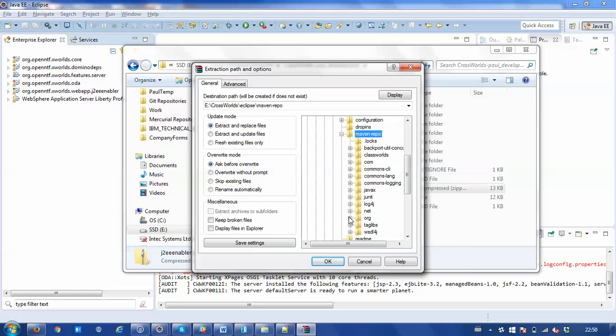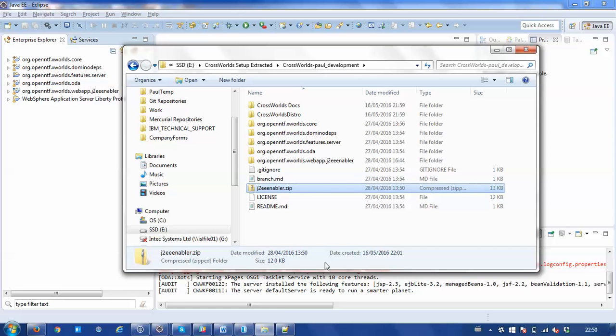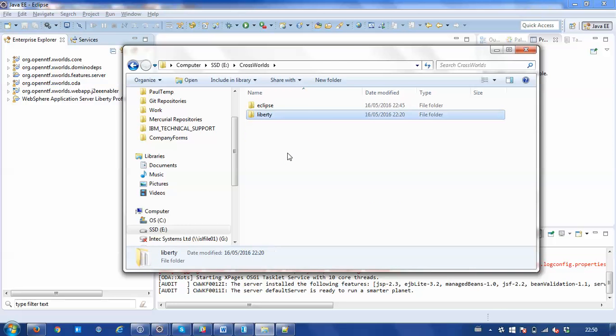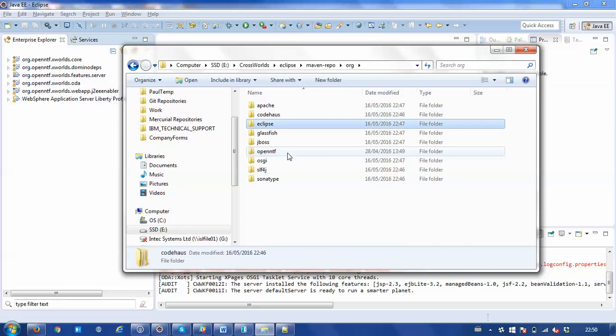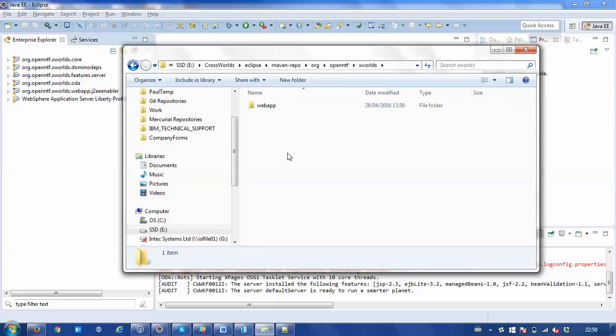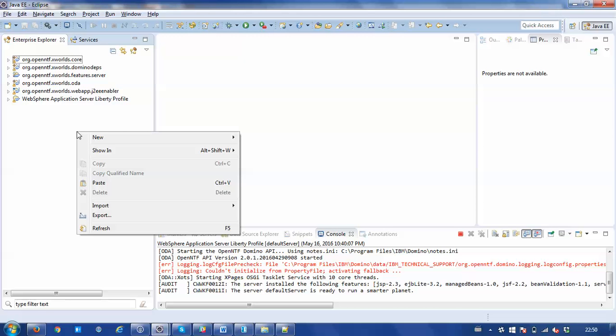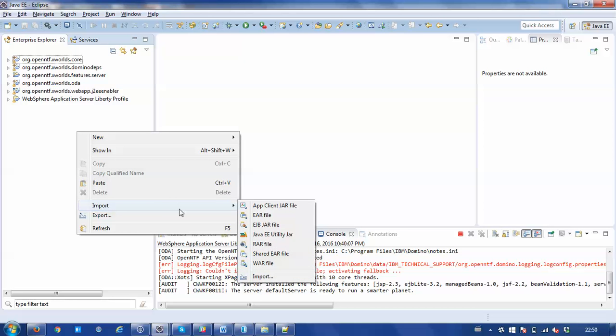And it will actually go into org.openntf. We'll see that when it's extracted. So that's extracted those. And now if we go to Eclipse Maven repo, org.openntf CrossWorlds web app J2E enabler, and this is that Maven repository. Doing that at this stage means that we're not then going to get any errors when we import the OpenNTF Domino API demo application